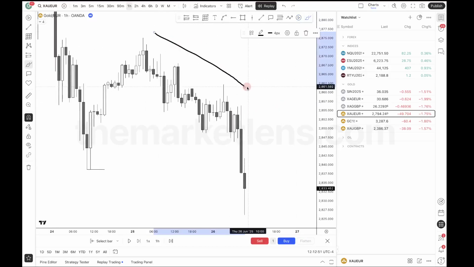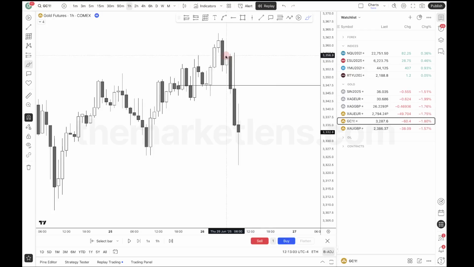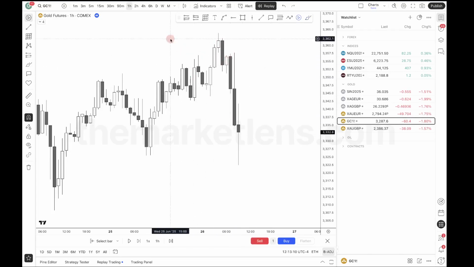And look how spaced out the SMT is, by the way. So spaced out SMT is high probability SMT. And look how this asset has no fair value gaps in this little price range here. But if I go to the strongest asset, it has a fair value gap here. So what is that? That is a form of strength switching, right? So you're seeing a form of strength switching here as well.